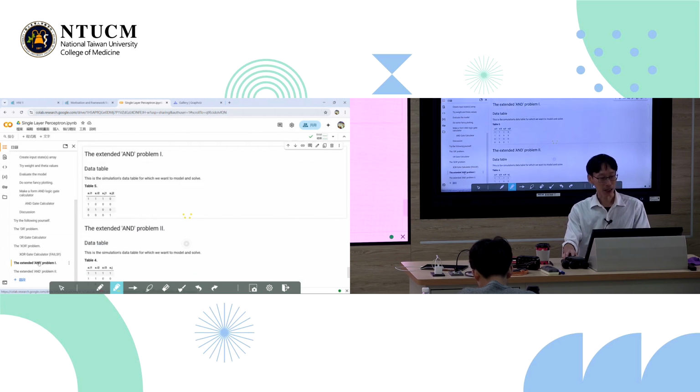Okay? And I introduce another extension of the problem. Okay? Now we go back to the AND problem. Okay? But an extension of it, and it's problem 1. What if my data table is like this? Instead of just one output, I have another output. I have two outputs. And this is also sort of an AND problem, okay? Except that this is a NAND.